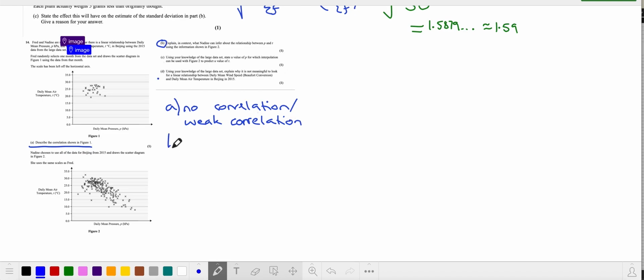Okay, part B. Explain in context what Nadine can infer about the relationship between P and T. In context, what is P? It's the daily mean pressure. What is T? It's the daily mean air temperature. We're referring to figure 2, but it doesn't really matter, they're still the same variables. Daily mean pressure, daily mean air temperature. We can see now that there is a negative correlation. That means, in context, that as the pressure increases,